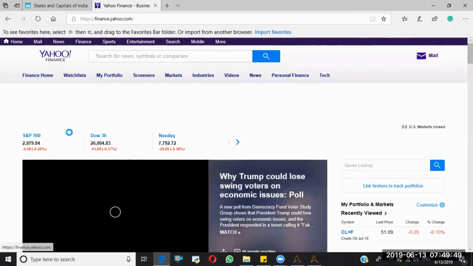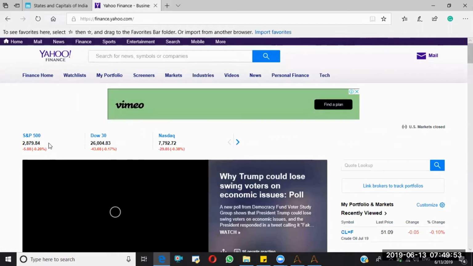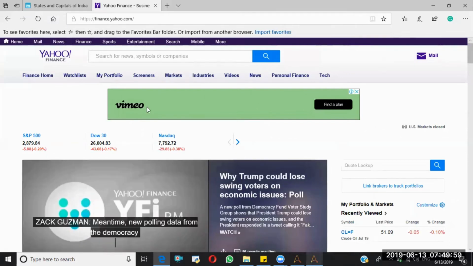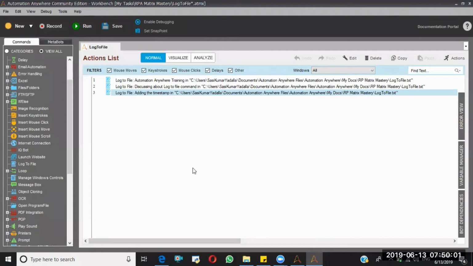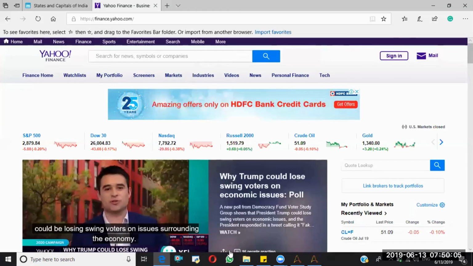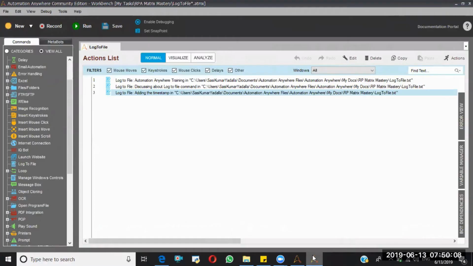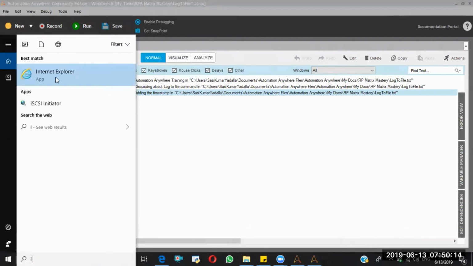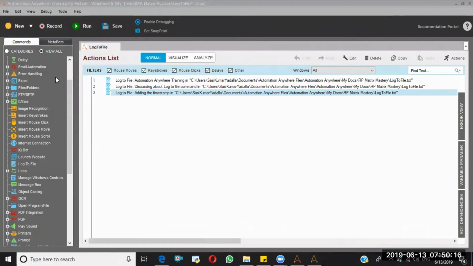All the time you want to capture these S&P details and paste them in the notepad file. That is your requirement here. At that situation, you will use Log to File. I'll show you how to do this. But the recommended browser is Internet Explorer, right? Internet Explorer.